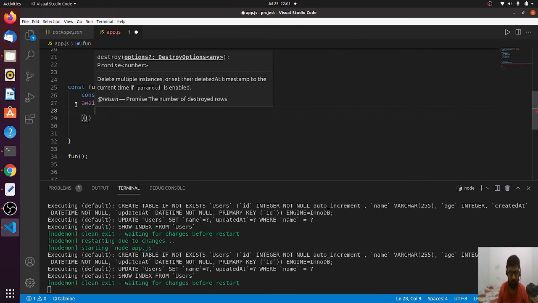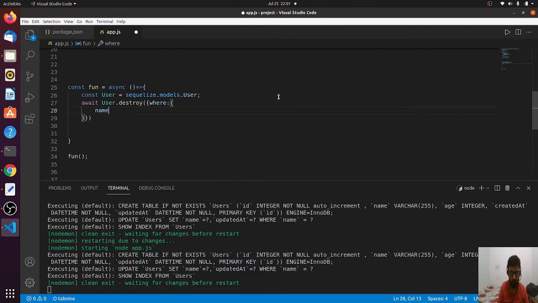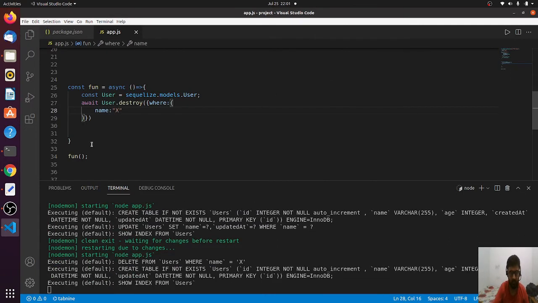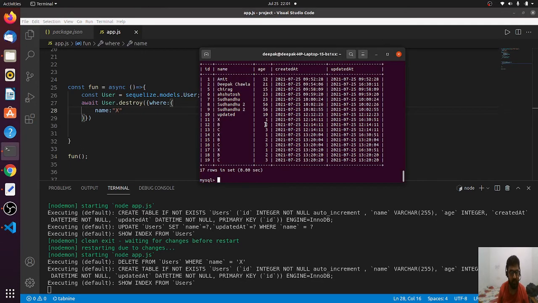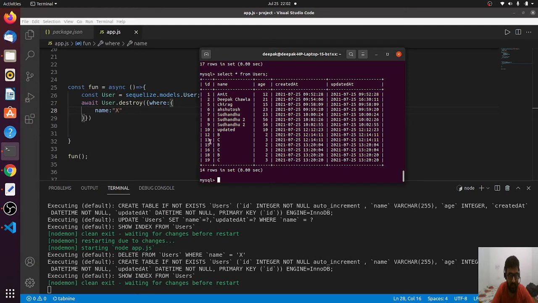Where, let's say I want to destroy all the rows where name is X. So 11, 14 and 17 should be destroyed. As you can see, 11 is no longer there. After 10 we have 12 directly. 14 is also removed. 17 also got removed. So that's how our destroy and update worked.